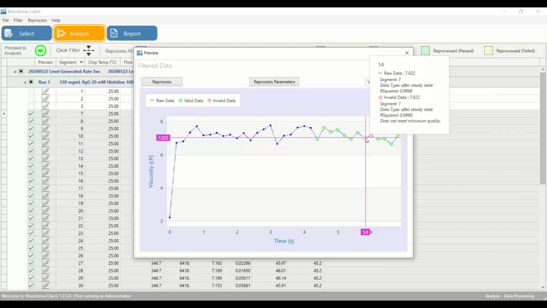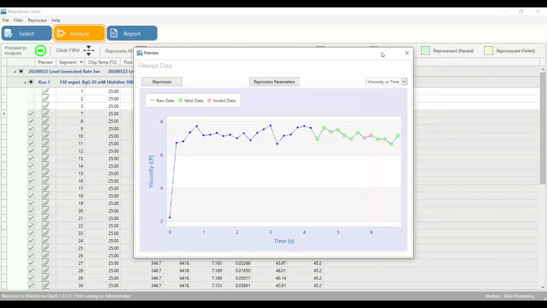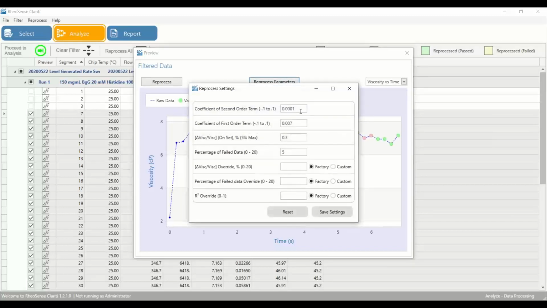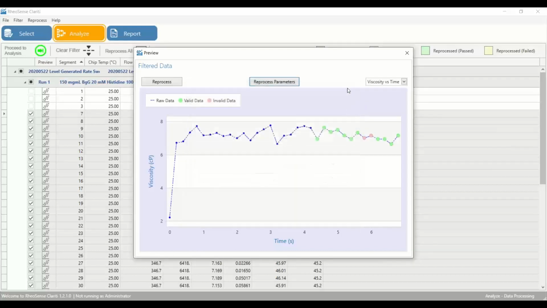So like the R squared is 0.9968. So if I want to change the reprocess parameters, I have 2 ways of doing that. If I just want to reprocess one transient curve, I can do it directly here and change everything. However, if I want the entire set of data to